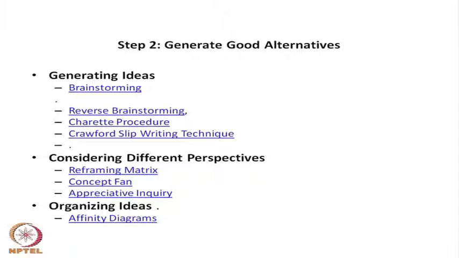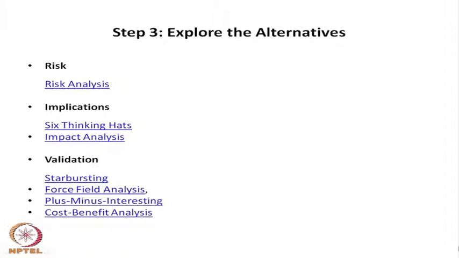So these are the techniques again which may tell you how to be tolerant to the different perspectives. When you're talking of the ideas from the part of the organization, the tools which are used are more as affinity diagrams, and if you're talking of risk to be taken, then risk analysis is done, and how the implication is done by thinking hats, 6 thinking hats, and we have to talk